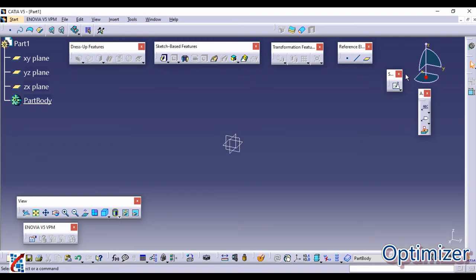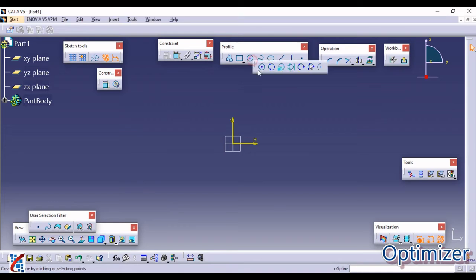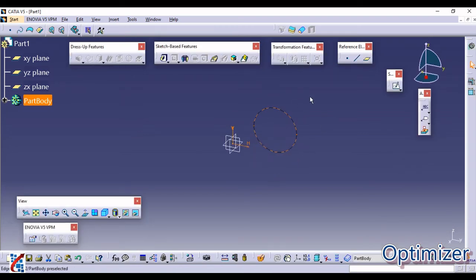Whenever you draw a sketch, suppose I had drawn a circle, just click on Exit Workbench, and you will be redirected to part design, and from here you can add a third dimension to this circle. This is how you manage 2D sketches and add a third dimension to them with the help of part design.